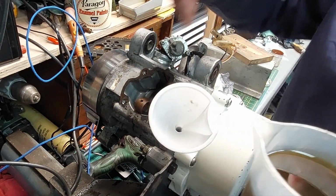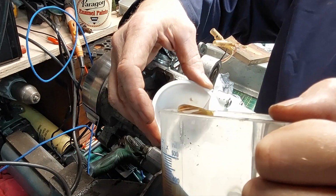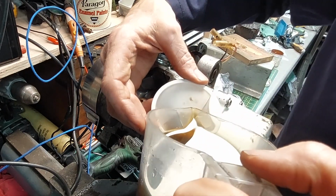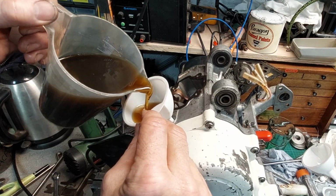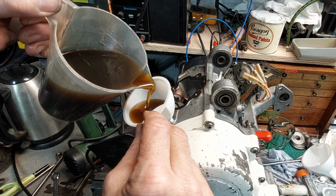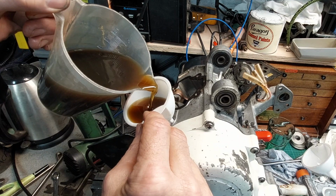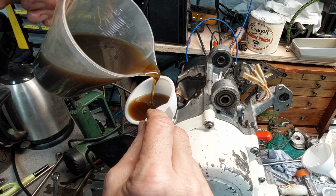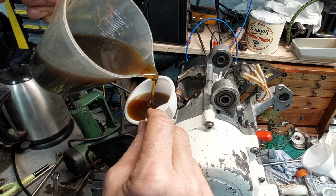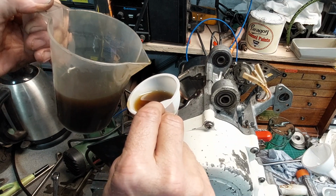Right, original oil back in. Can you even see anything? Or was it all jug? It's all jugs. Need the old, oh yeah, concentrate. Need the old